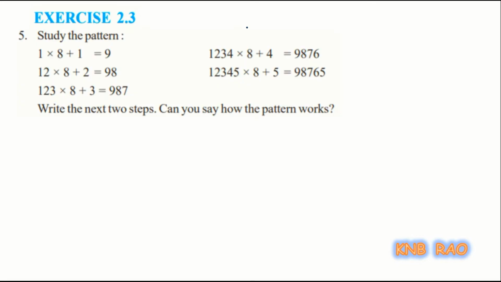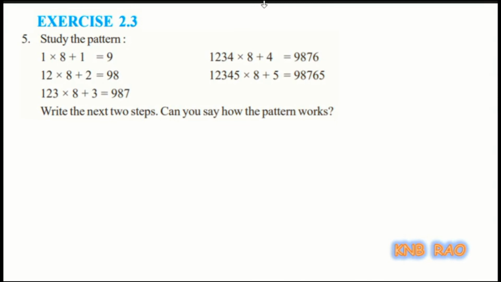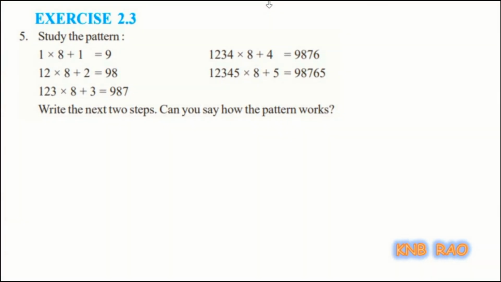Now I will take the question number 5. See, this question number 5 is asking you to study the pattern. When you study this pattern, that is here, see in this pattern, 1 into 8 plus 1 gives 9, 12 into 8 plus 2 gives 98, 123 into 8 plus 3 gives 987,